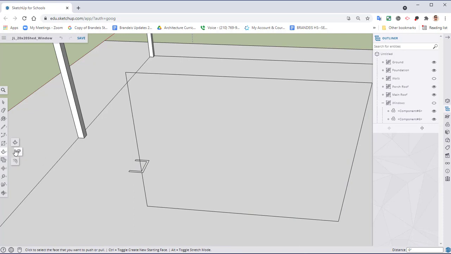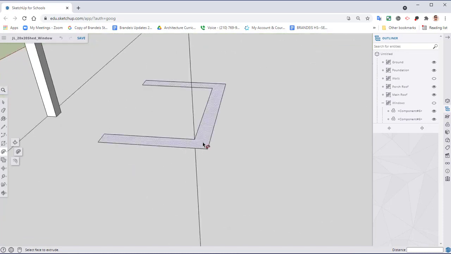Unfortunately, with SketchUp for Schools, because we clicked on another tool, you'll need to make sure that you click on the Follow Me tool. I tend to forget. So find the Follow Me tool and click on it, or make sure that it is visible first instead of using the Push/Pull tool. Go through here and reselect our lines. Select that Follow Me tool, zoom in, click on the shape,